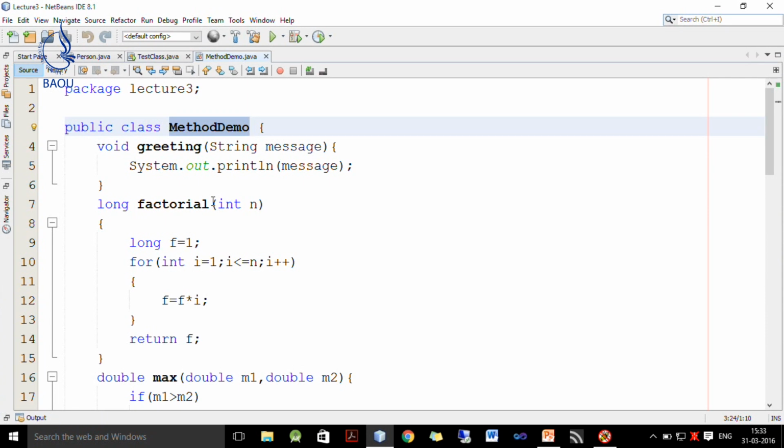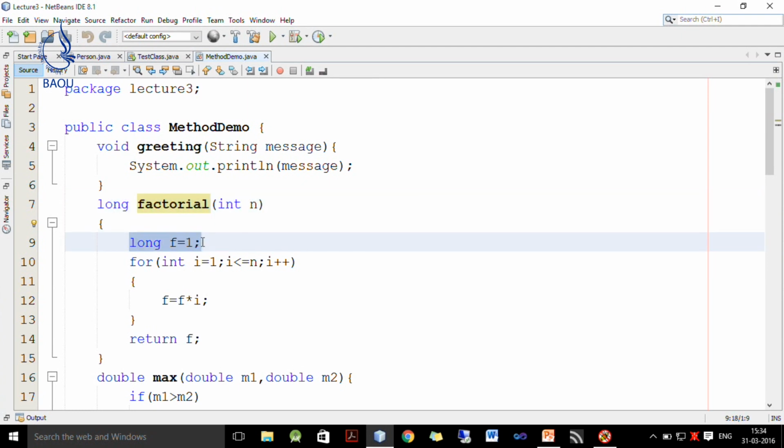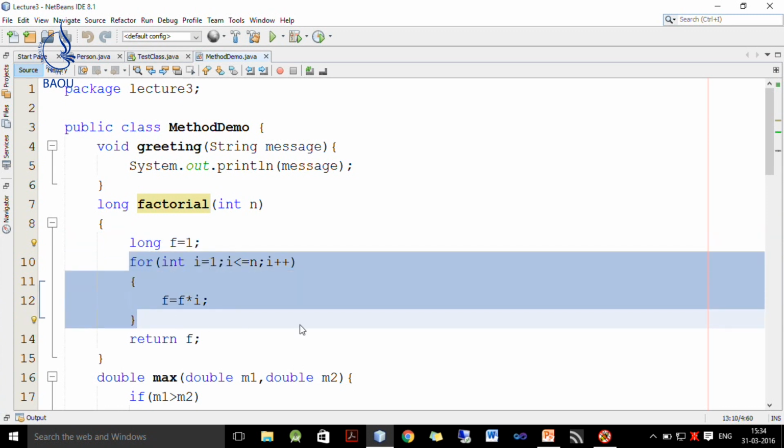displays that message only. The next method is the factorial method, and it actually calculates the factorial of n and returns this value as long. So, I initialize f to 1, which represents the factorial of the given number. The factorial is nothing but the multiplication of 1 to n if we want to find the factorial of n.